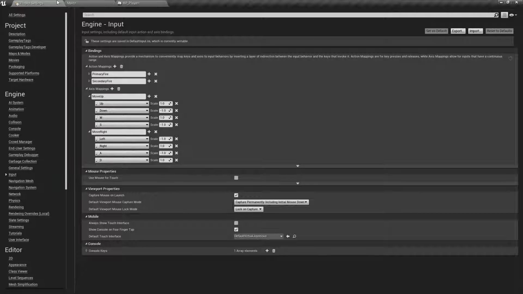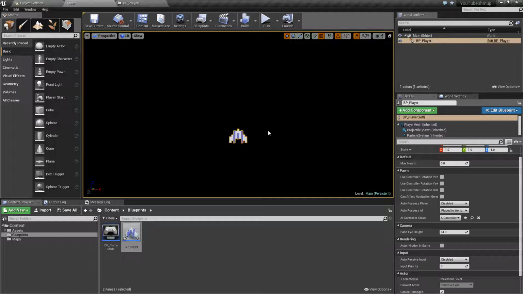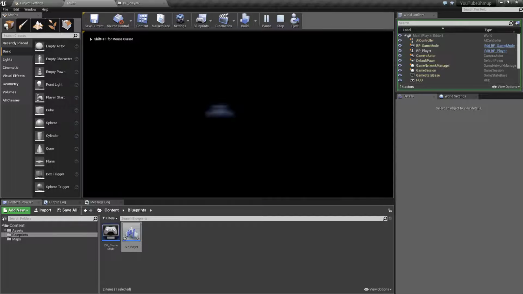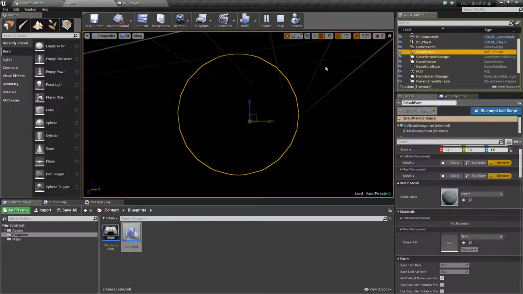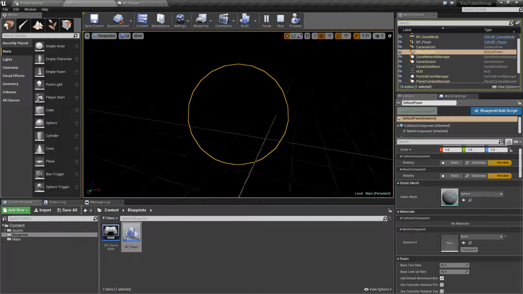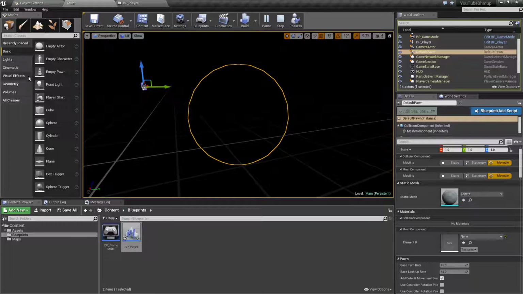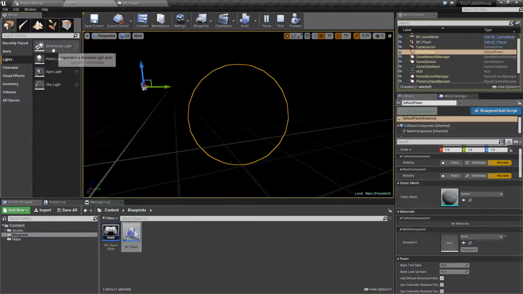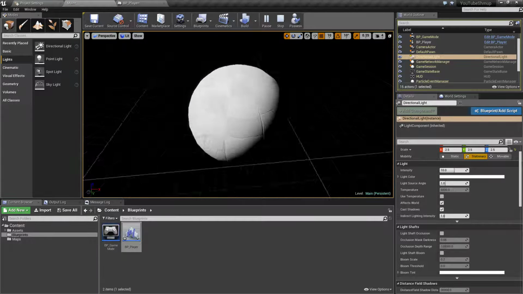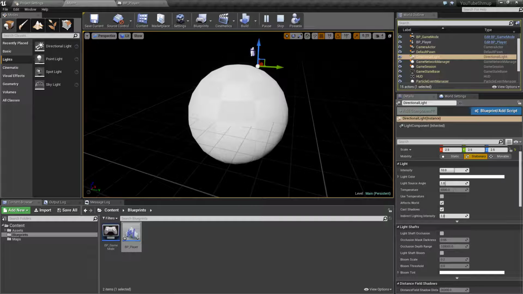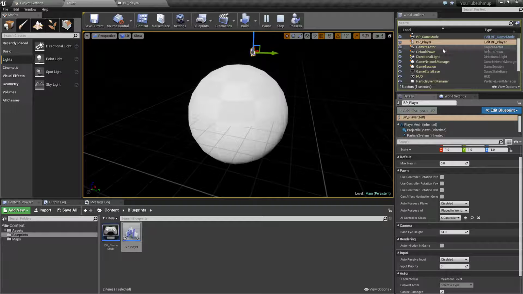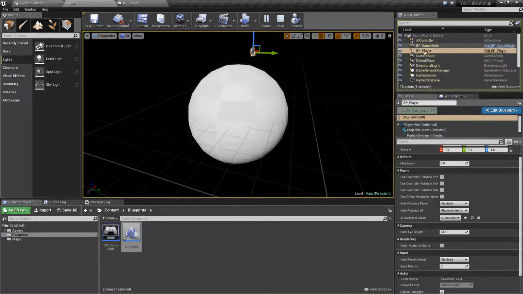So if we compile that, at the moment this isn't going to work because we don't have anything set up. If we press play, we're not actually in control of the ship, we're in control of our default pawn. So if we press F8, we can eject out, we can find our default pawn, which is this strange grey sphere. It would be grey if we had a light, so if we pull in a directional light, we have this grey sphere. So that's what we're controlling. We're kind of flying around in that FPS freeform fly. Obviously what we want to control is our player ship,